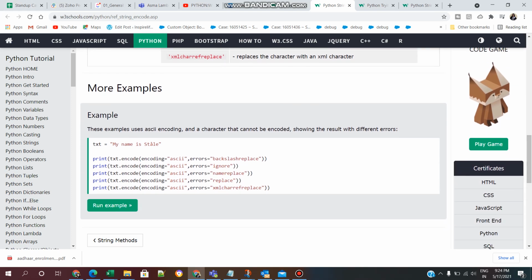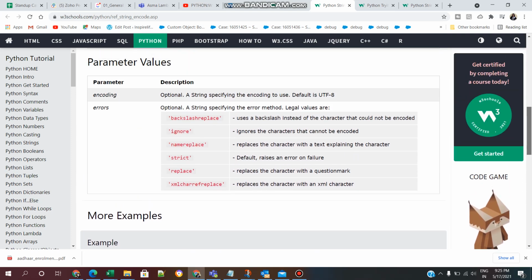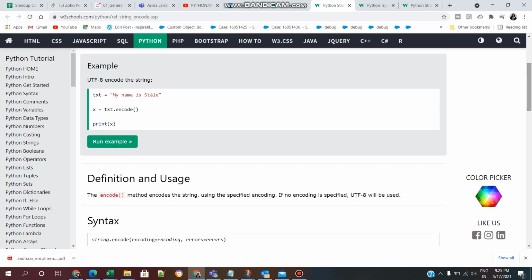Now we will see more examples. These examples use ASCII encoding and a character that cannot be encoded, showing the result with different errors. So here txt equals my name is Stale. Here we are encoding a value, as in the previous example.